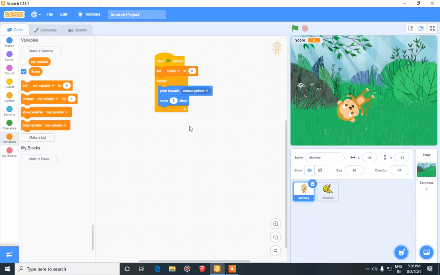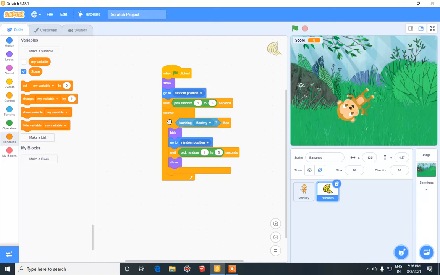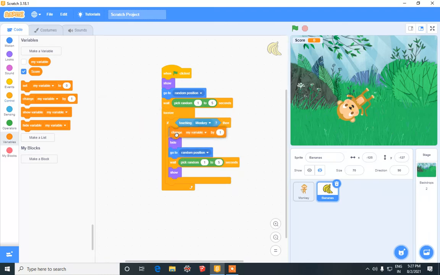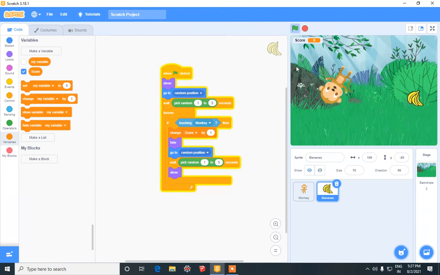Okay, so over here the score is set to 0, and now we have to increase the score. So when will we increase the score? For that we will go to this section. If it is entering into the if loop, then the score has to be increased. So over here within the if section, we will change the value of score by 1. That is, we will increase the value of score by 1. Now let's check whether our program is working.